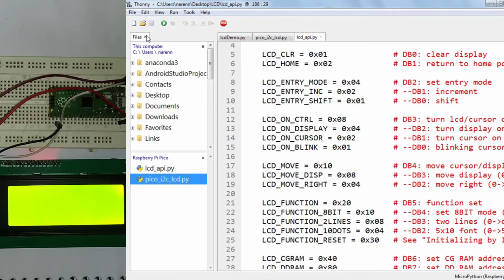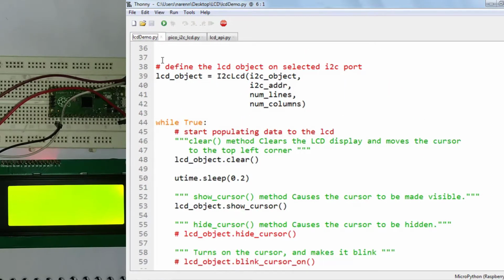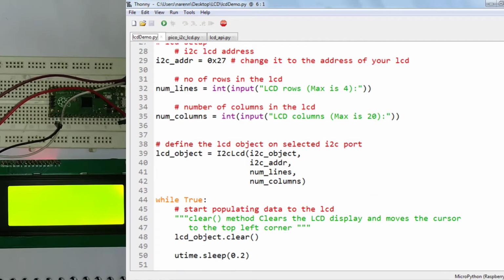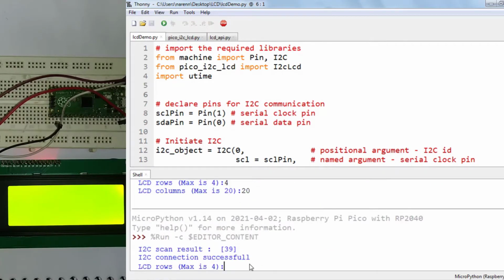So once you have installed the libraries, now you will open this MicroPython file, lcd-demo.py. This is the file which I have written, and when you run it, first it will scan the I2C and it will show the decimal address of the I2C device, and if the connection is successful it will display a message, and now it will ask you about the LCD rows.